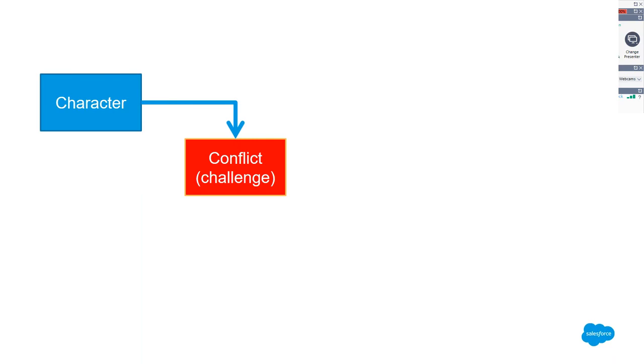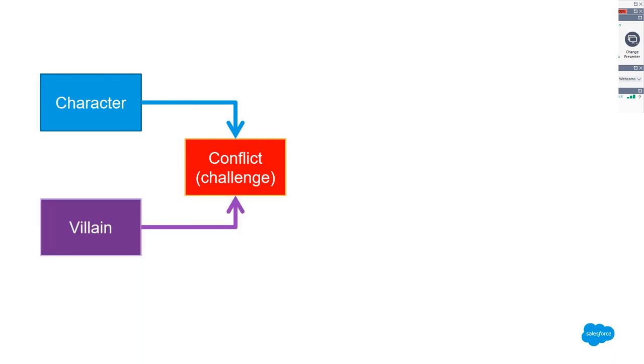So if you're going to have conflict, you need a villain, right? There has to be a bad guy. There has to be somebody there. Now, this villain can be technology. For example, in a number of my talks, limits were the villain, the challenge to overcome. But it can also be a manager. Your manager is the challenge, making them happy, accomplishing a goal. Salesforce support makes an excellent villain sometimes if you have a story to tell them on that score. So, okay, you have your hero, you have your villain, you have the challenge.